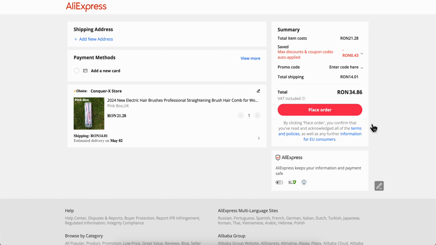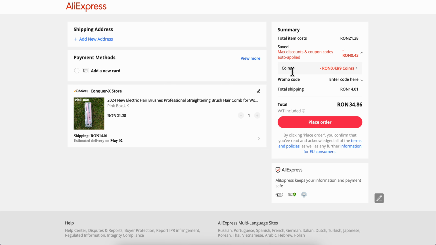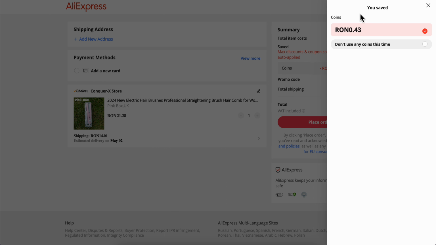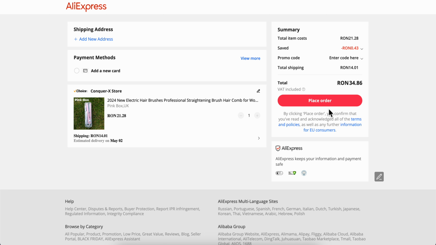buy now. Now as you can see here where it says saved, if we click on this, as you can see, they automatically used our coins. Now if you want you can disable this if you want to keep your coins, but if you want you can simply use them and then you can place your order. So basically this is how you can use coins on